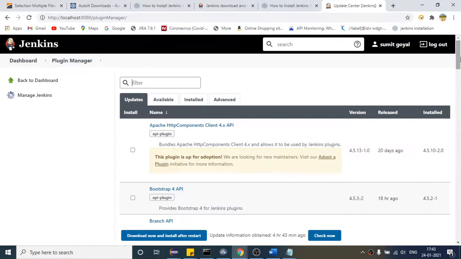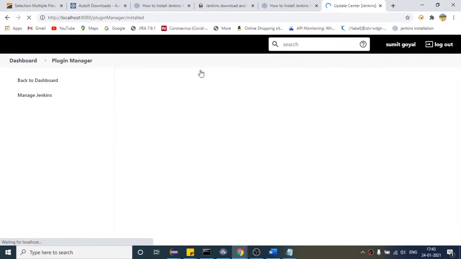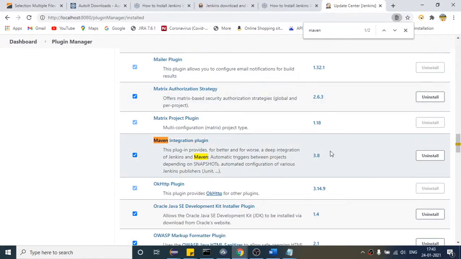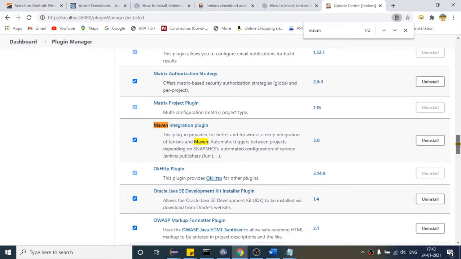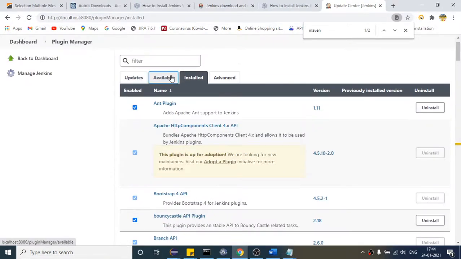Here you will find some plugins. I am already having that in my tool. If I show you the plugin name, if I search Maven, this one. I am already having that, so let me not uninstall it again. You can do that when you do it for the first time. Search the same name under Available.